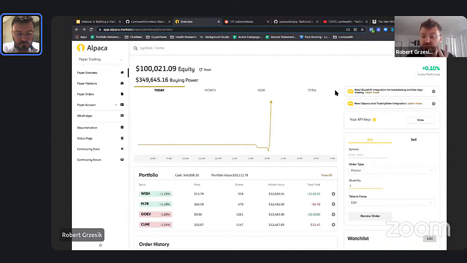We have 2 brokers that we work with right off the bat. We use Alpaca, we use Interactive Brokers, and we're going to be adding in TradeStation soon. That's the next one that we're adding in. So if you use TradeStation, we'll probably have this built in within the next 2 months. We are definitely going to be adding that in soon.